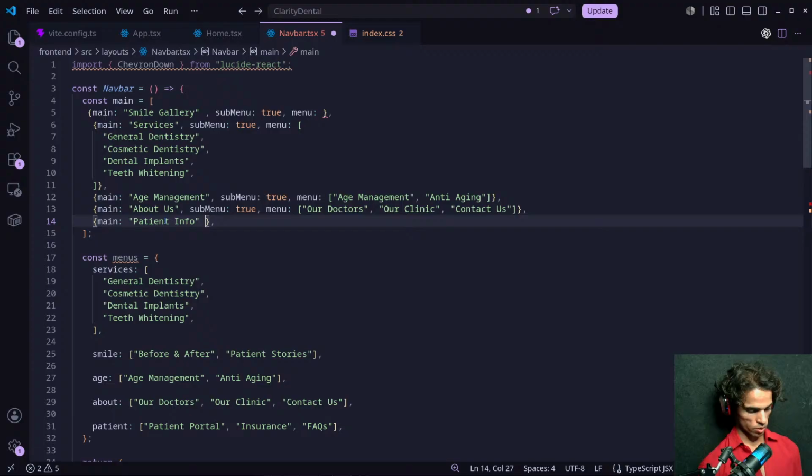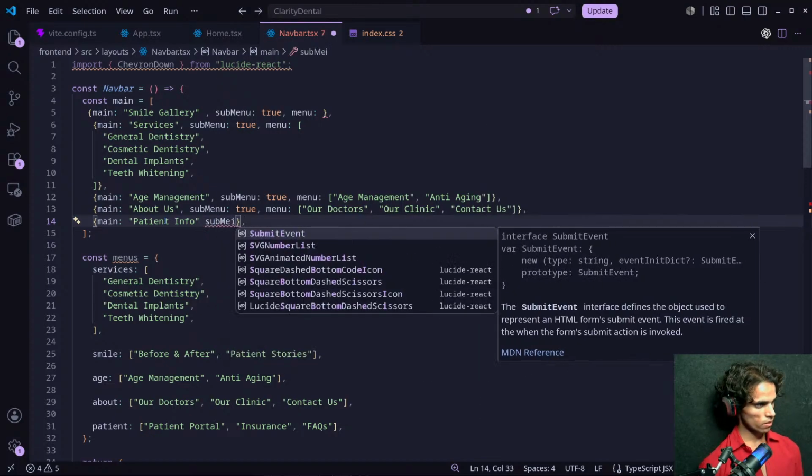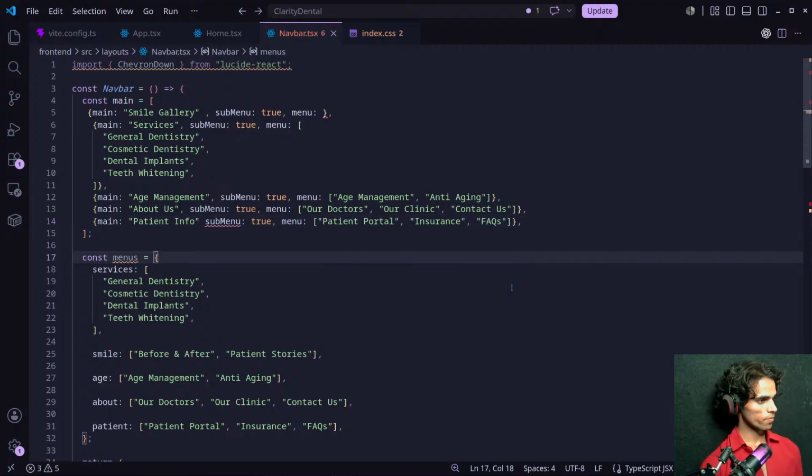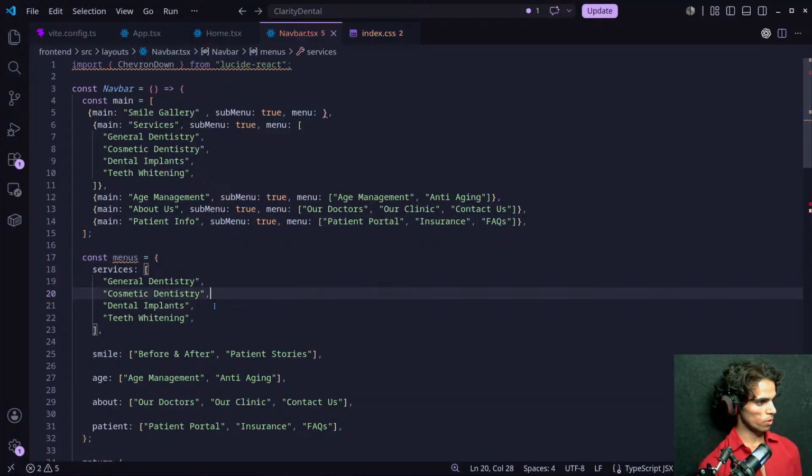Now the submenu will be, we can also call this isMenu. Okay, and this will also be true, and inside this we will have menu. Now the menu is this. Submenu is equal to true, and then yeah, we have to separate it by comma.